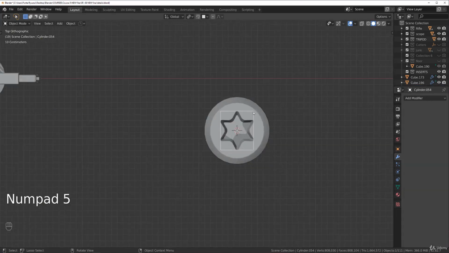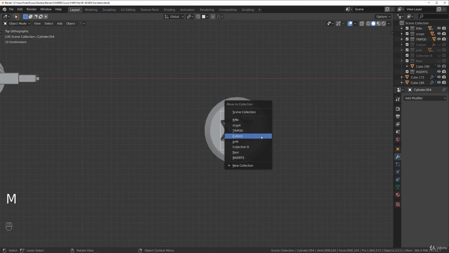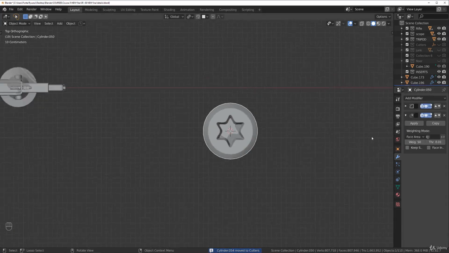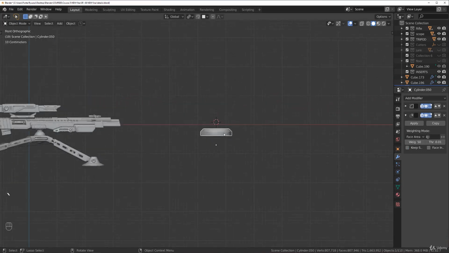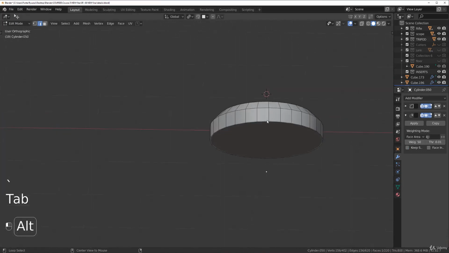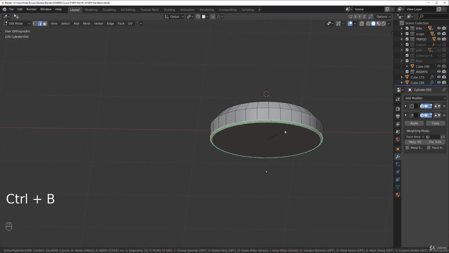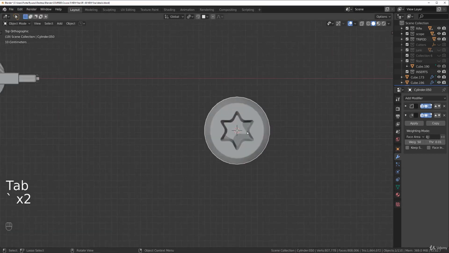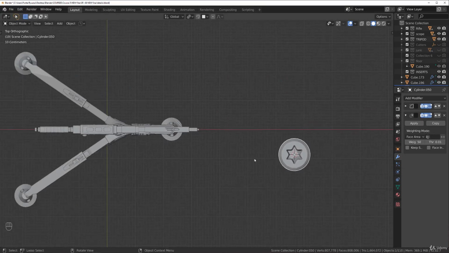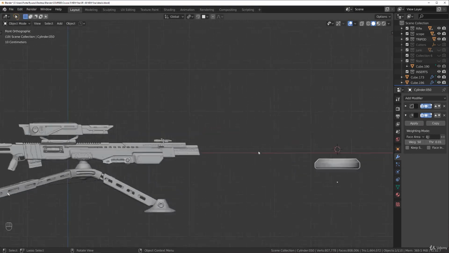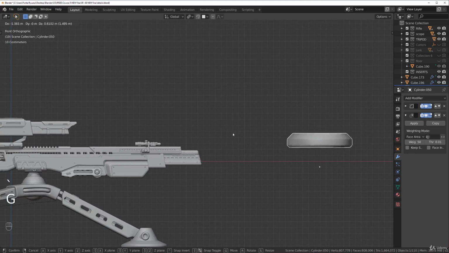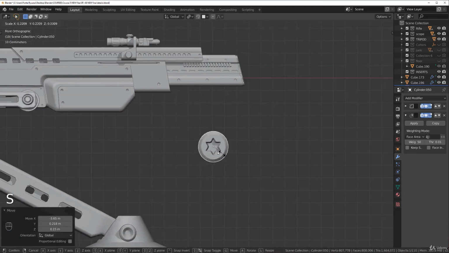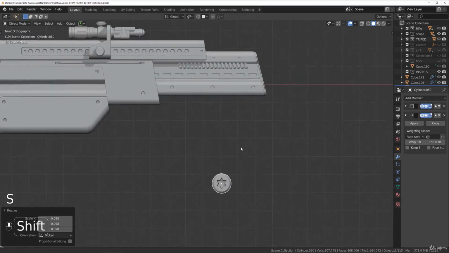So let's actually remove these cutters. And let's see, we got only bevel and weighted normals, right? So we're all good. What we could do actually is create another chamfer in here, but I don't think it's really necessary, but you know. So anyway, now we're gonna use this one as a screw for a gun. So simply grab it with G and Control G and snap it to a surface. Make it smaller, and now we have to insert it into all these